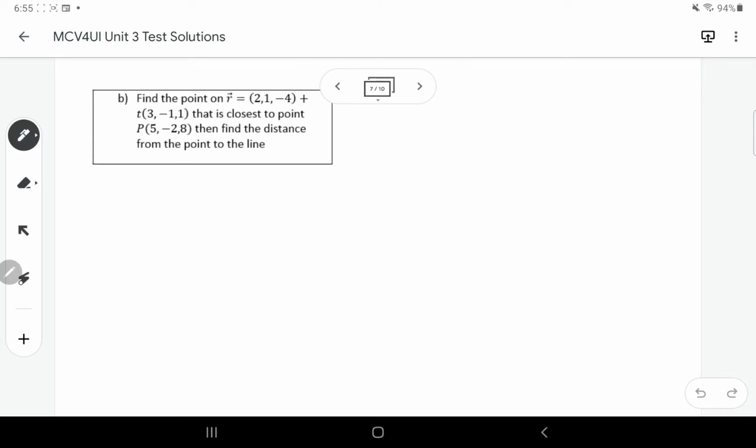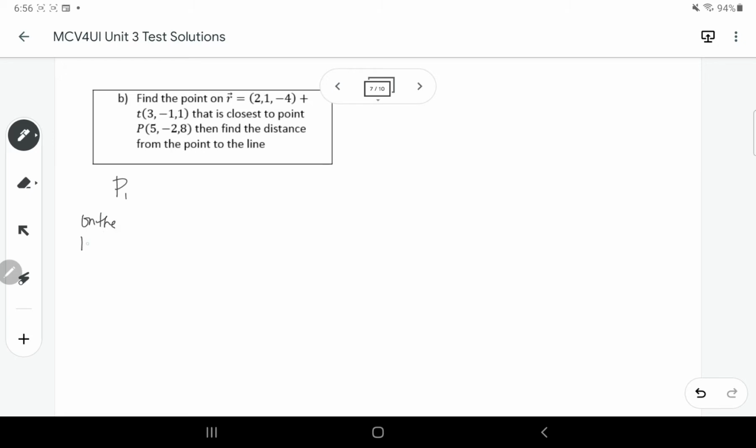Hi guys, this is the second half of the Unit 3 test solutions. I'm on number 6B, and for this one, it wasn't a very common choice, but I think it's good to see this technique. We want to find the point on this line that's closest to point P. So I'm going to call a general point P1